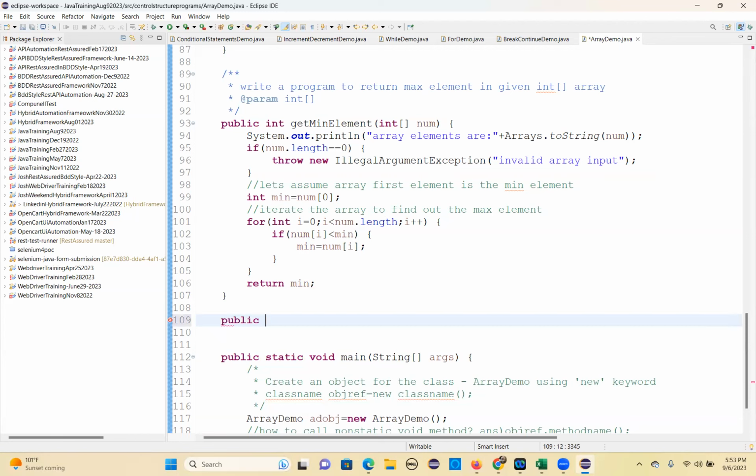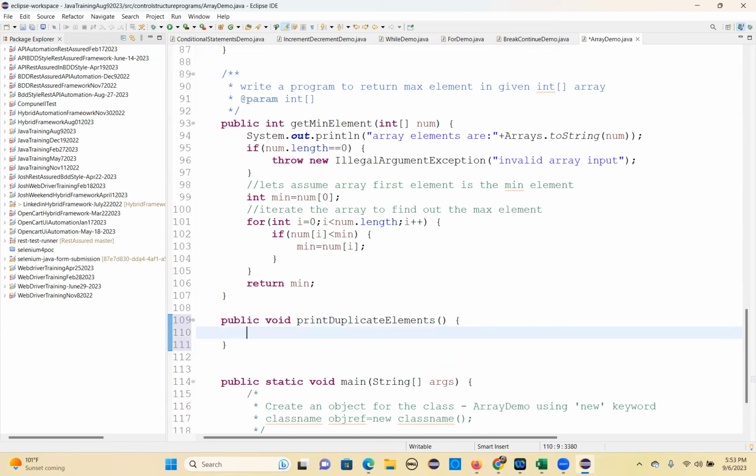Public void print duplicate elements. If you're not writing the programs, it's very, very difficult. I'm saying, you have to write more array programs, then only you can answer in the interviews. I'm not going to give a guarantee that only these programs you will get. So attempt interview programs, every day write at least one or two programs,